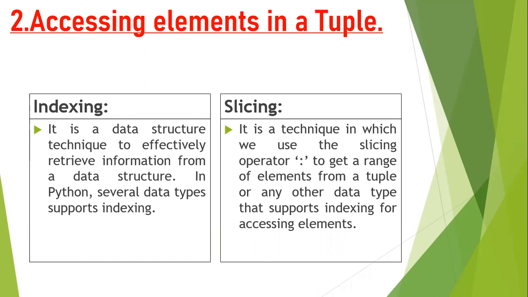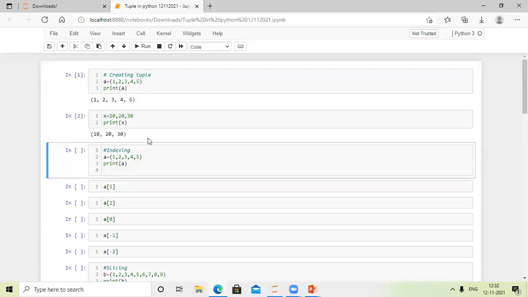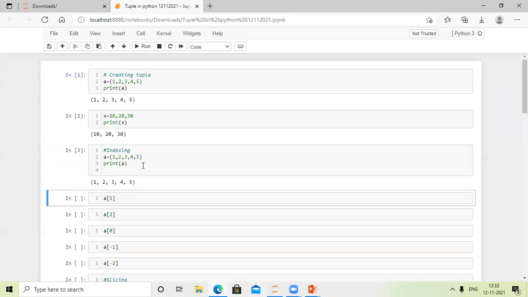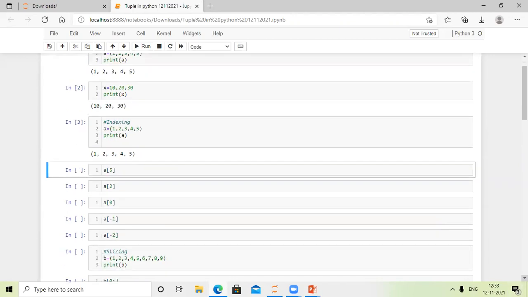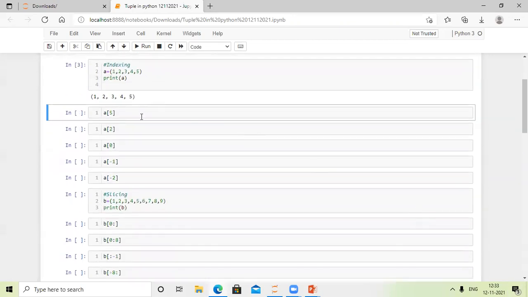Let me check in the Jupyter notebook. How to index a tuple? Here I have taken a tuple, A. I'll run this. This is my tuple. How to count indexing? We'll check. Always indexing is mentioned in square brackets, A of 5.